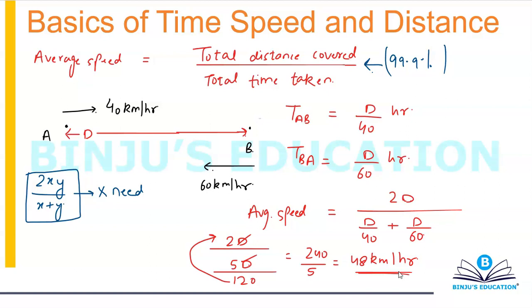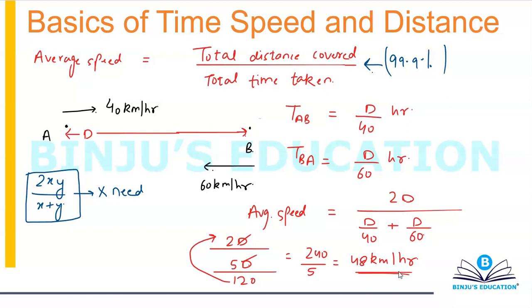Now the interesting thing is, the distance between A and B is constant. You take it to be d, 150, 70, 80, whatever you want to take. The average speed is not dependent on the distance, because the two d's are cancelling. You can see that in the second last step. I have cancelled the two d's, 2d and then divided by 5d, so I have cancelled both the d's. The average speed in this case is not dependent on the distance. You can take distance to be anything. Your average speed will always be 48.